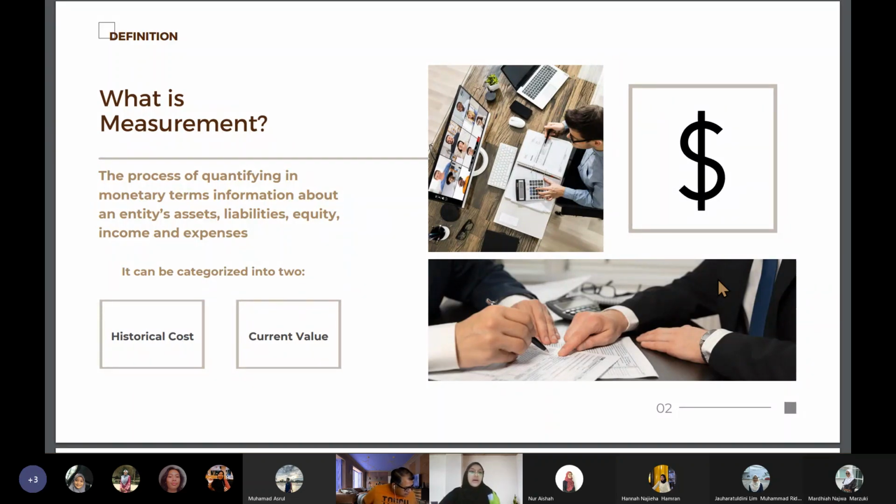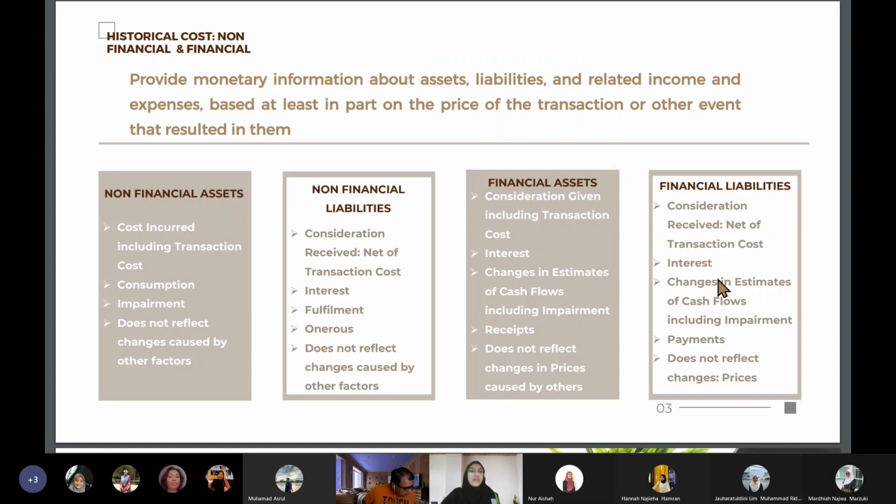So what is historical cost? Historical cost has two categories, non-financial and financial, where it provides monetary information about assets, liabilities, and related income and expenses based at least in part on the price of the transaction or the event that resulted in them. So